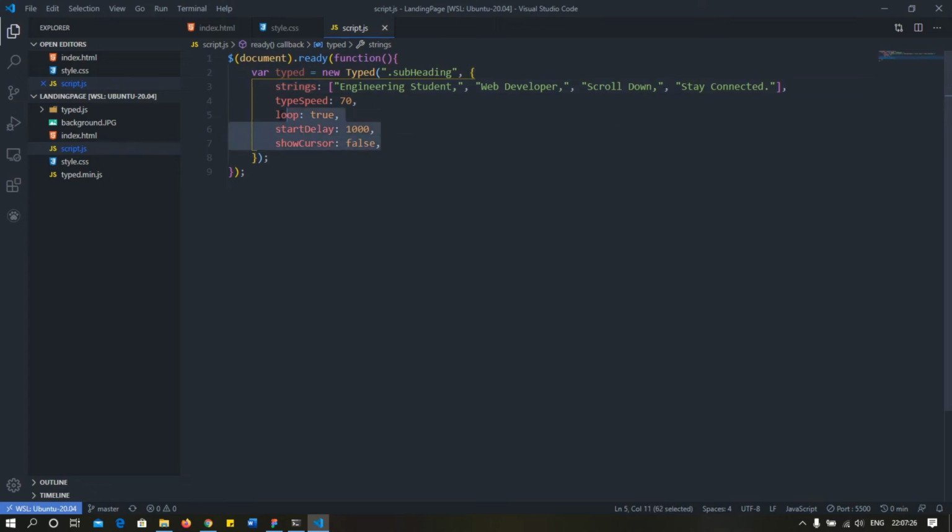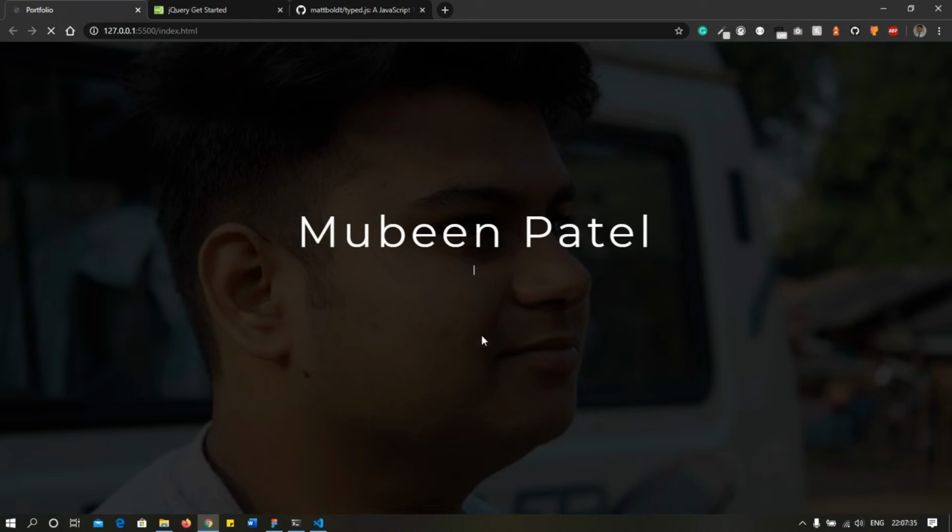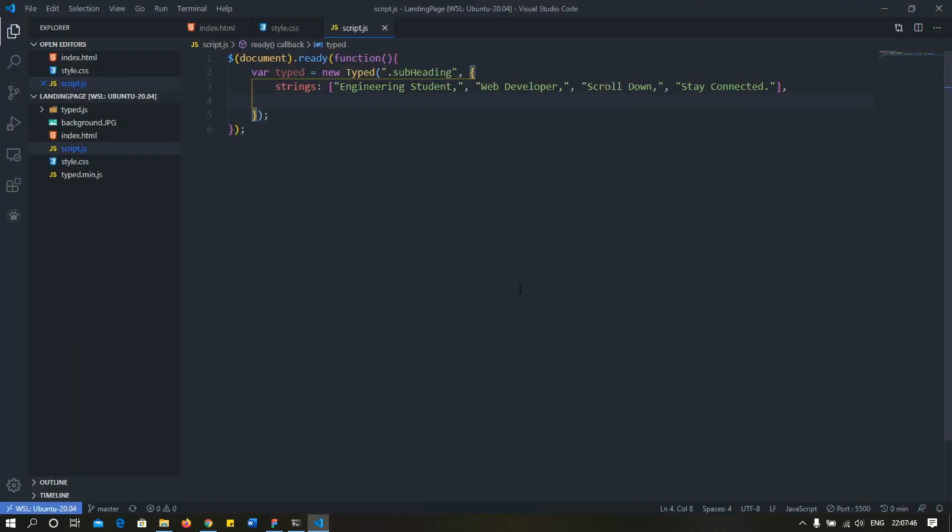Now just by mentioning this it won't work. Let's see, if I remove all of these properties and I refresh my browser, you can see the speed at which it is typed is faster. So you can control each and every aspect of this and implement it. I'll explain each and every property that I have used. I have used the type speed. This is in milliseconds, so 70 milliseconds type speed. After 70 milliseconds each and every character will be typed out. This slows down the speed and eventually creates a better, more human, interactive typed effect.